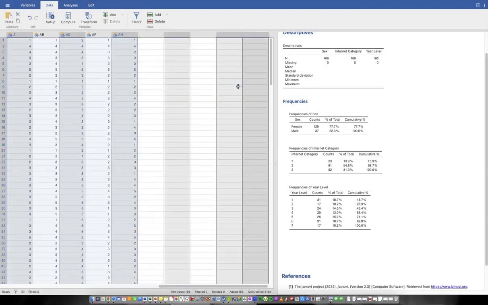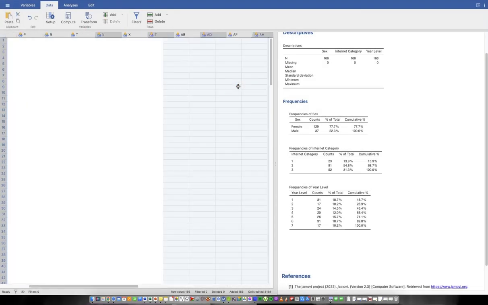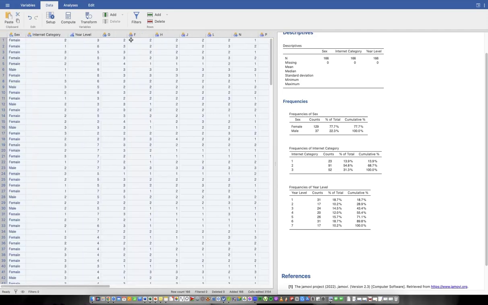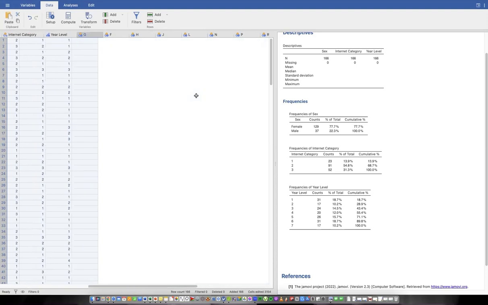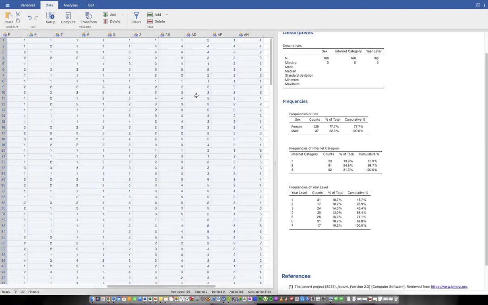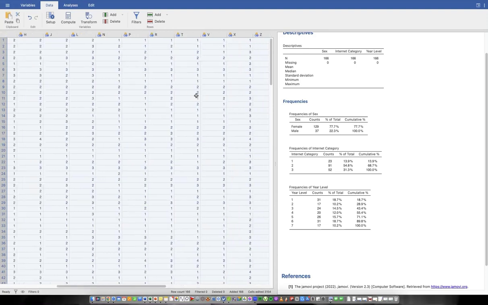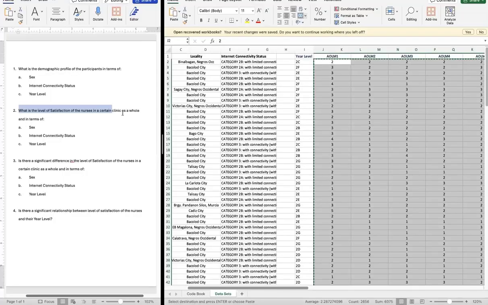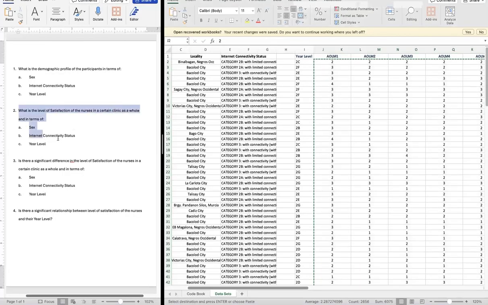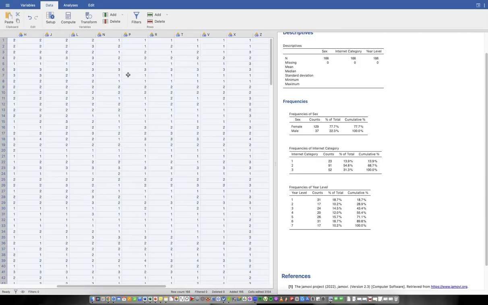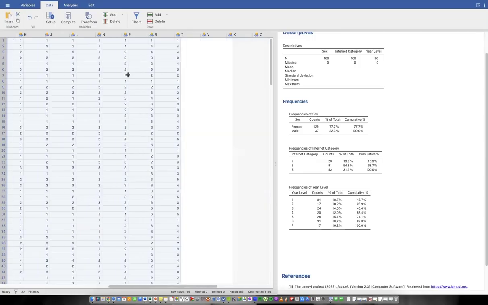So I know that from column G up until the last column that we have, these are all the levels of, for example, level of confidence or level of systems thinking. I don't need to analyze all of them as my objective requires. What I want is the level of satisfaction as a whole and in terms of these profile variables. So how do we go about that? We will not get the mean and SD for each one of them. What we need to do